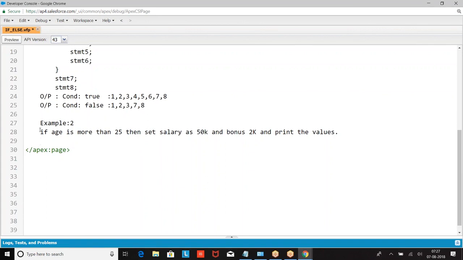Directly write the snippet. Don't create all the variables and stuff.